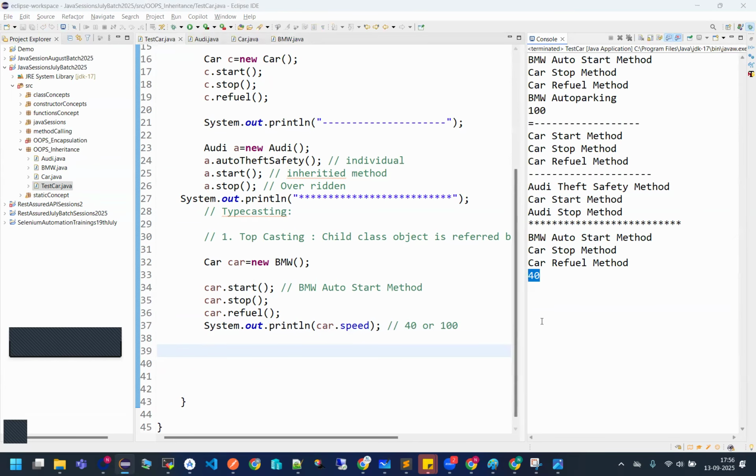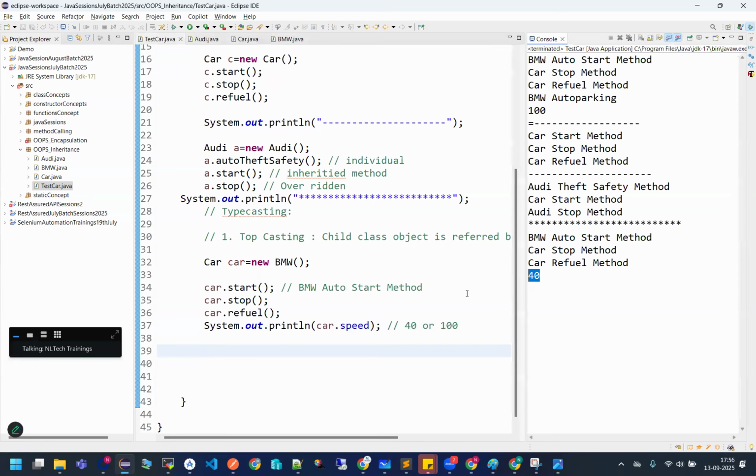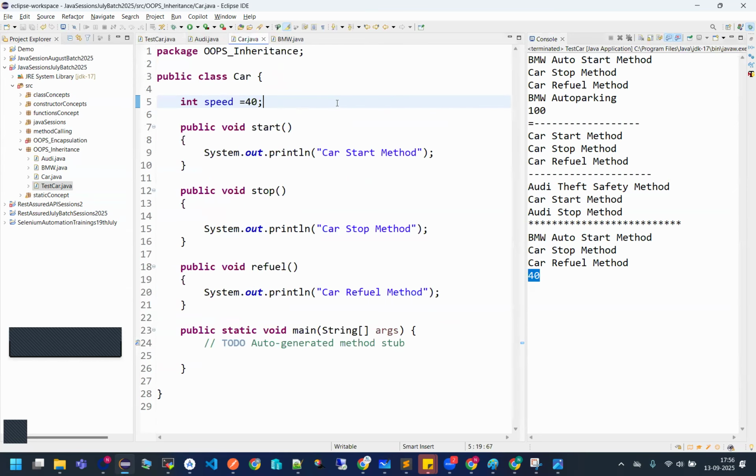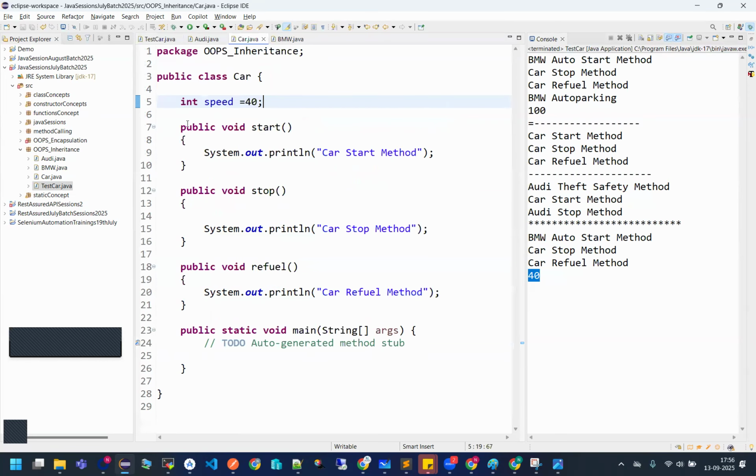Why? Reference type. Methods and variables are coming from where? The car class. And you're trying to do what? From the reference of a car, you are trying to call the variables. So the reference type check will pass, since speed is also there inside my car. Hence, I have to call the car class speed only. But the question is right now, if I don't have any speed in the car class, will it be calling the child class BMW speed or not? Let us test it. If I say I don't have any speed of car,